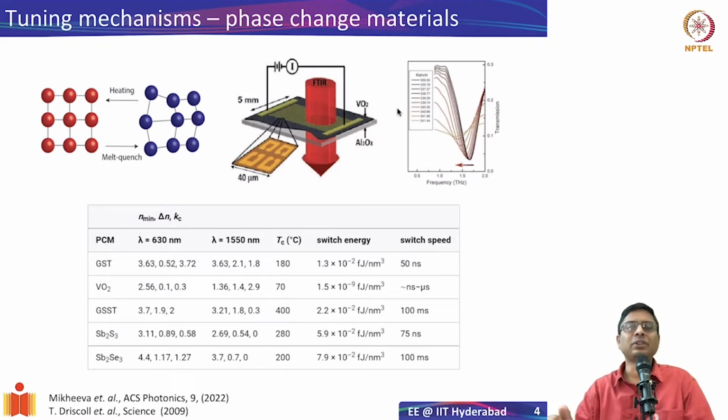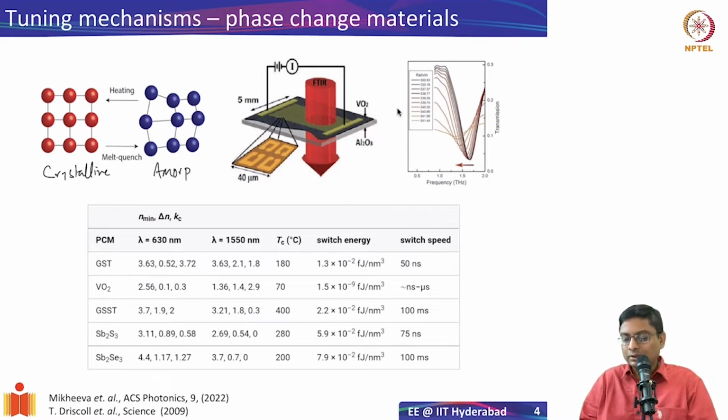Essentially, think of it like, if you take a piece of, let's say, ice. Okay, it's in the solid form, and then if you heat it, it actually melts and becomes a liquid. So it undergoes a phase transition from solid to liquid. Similarly, you can have a phase transition from, let's say, a crystalline form to an amorphous form. So in the schematic illustration here, this is a crystalline form wherein my atoms are arranged in a very nice periodic fashion, and if I, let's say, heat it, okay, then I can perhaps get into an amorphous form. And then back and forth. I mean, you can remove the heat, and then you can actually go back and forth between the crystalline and